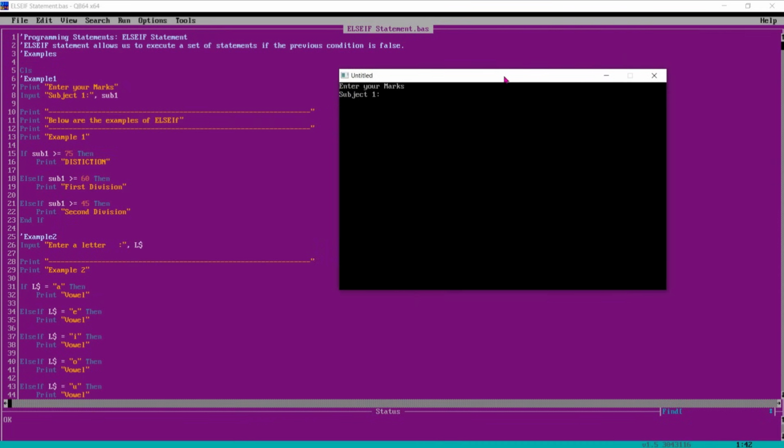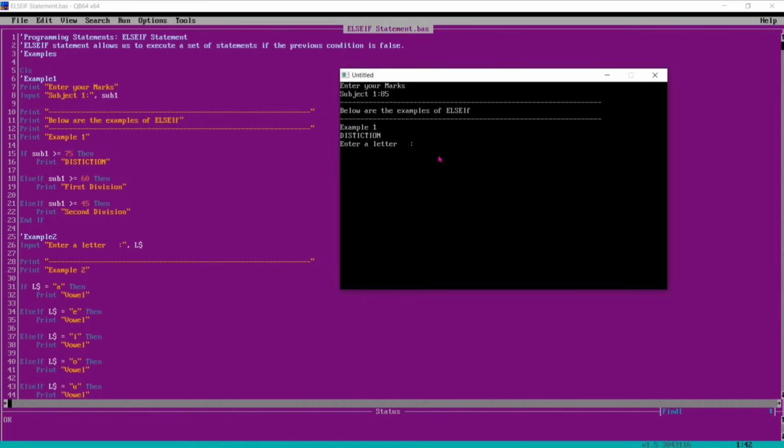The program is asking subject number 1. Here the condition is 75. Let me enter 85. So in example 1, it printed distinction.